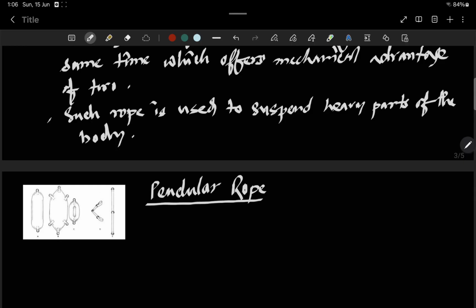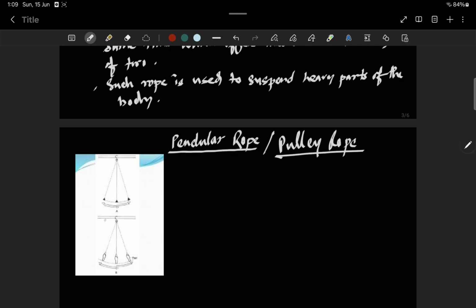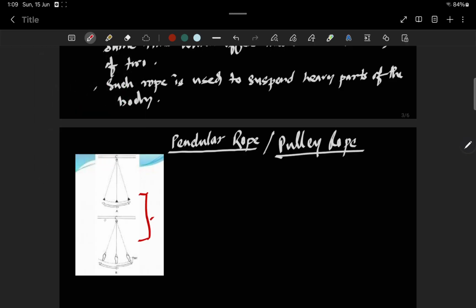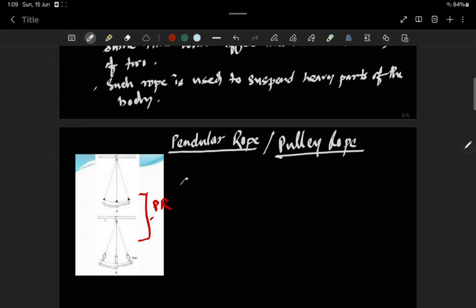Three is the pendular rope or pulley rope. So this is the pendular rope or pulley rope. These two are the pendular rope or pulley rope. The pendular rope has a